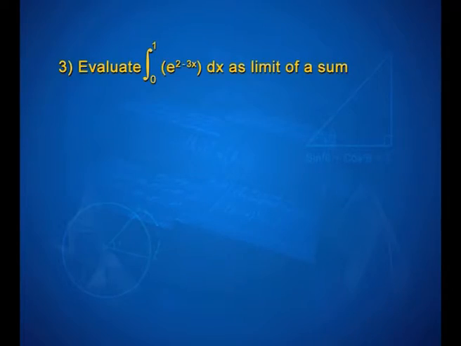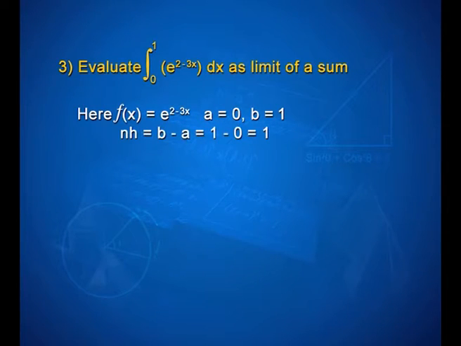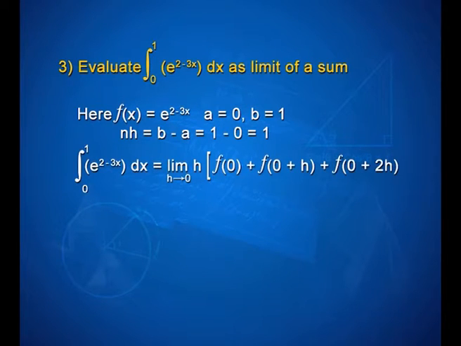The third question was evaluate integral 0 to 1 e to the power 2 minus 3x dx as limit of a sum. For the solution, we have f of x is equal to e to the power 2 minus 3x, a is equal to 0, b is equal to 1, nh is equal to b minus a, that is equal to 1 minus 0, that is equal to 1. Therefore, integral 0 to 1 e to the power 2 minus 3x dx can be written as limit h